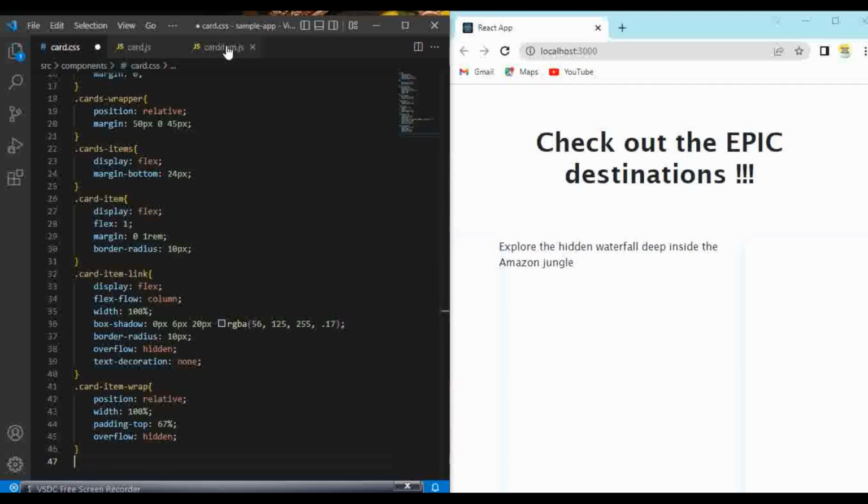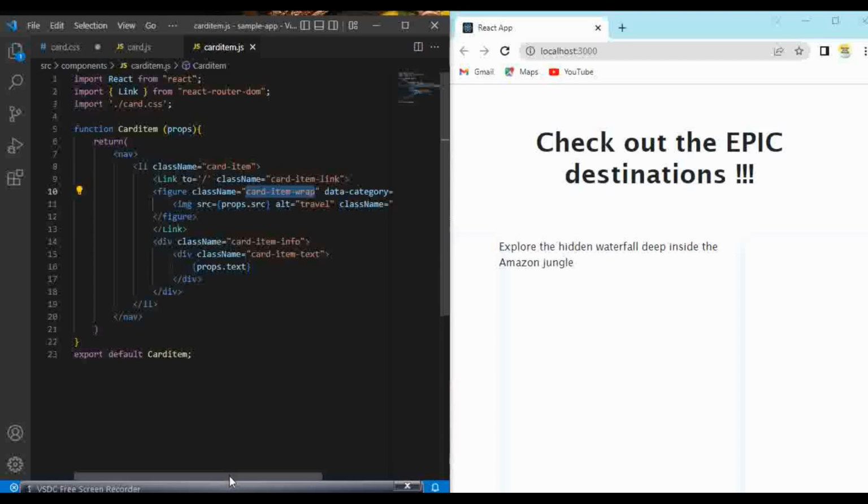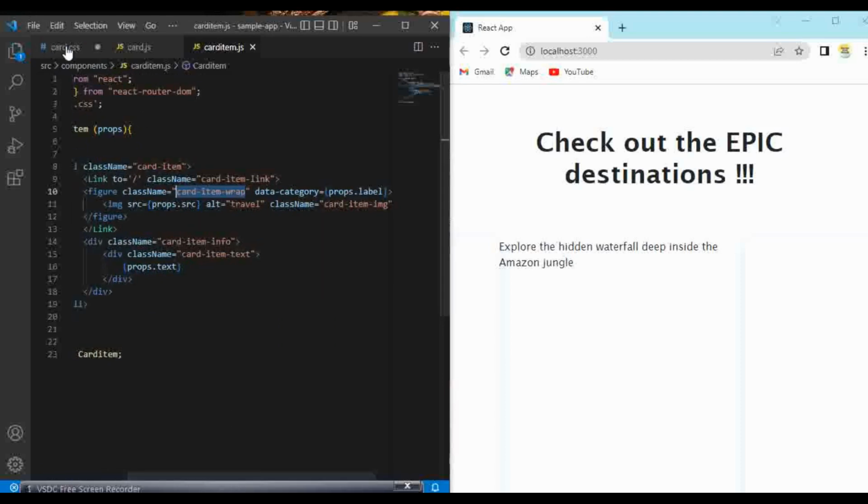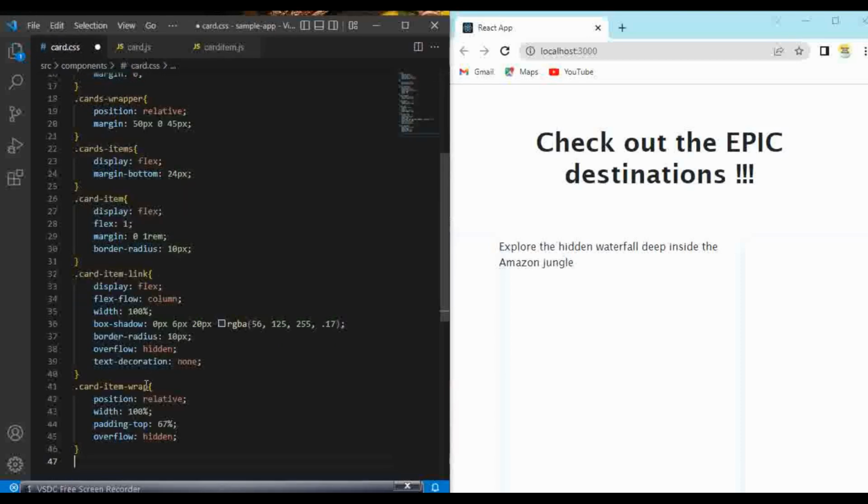So here we are going to give this property as data category. We are going to include it. So card item wrap,